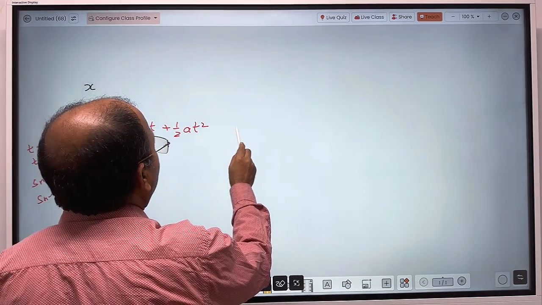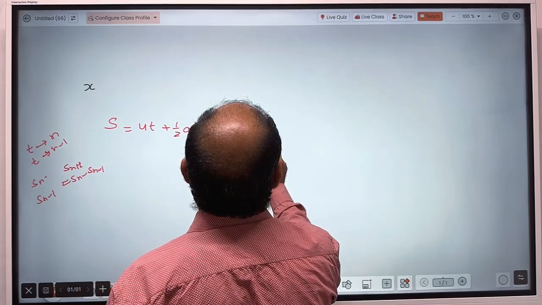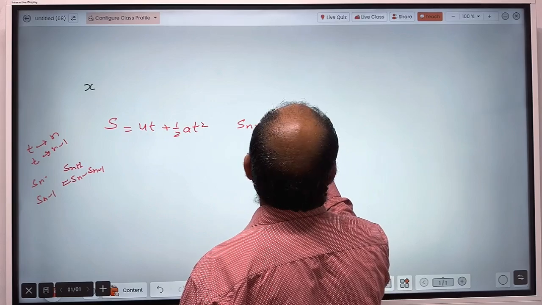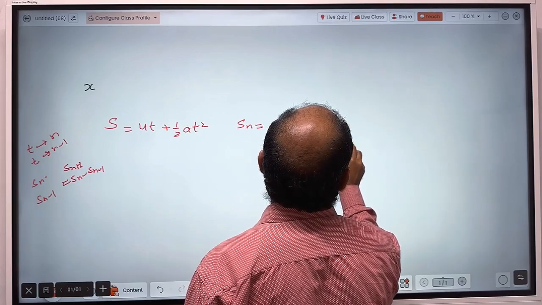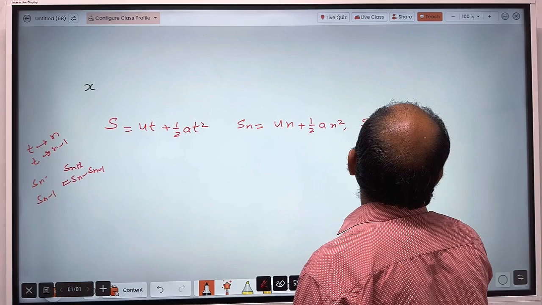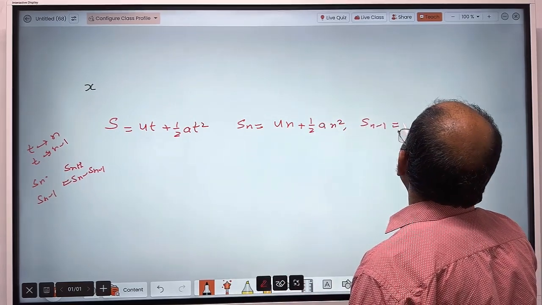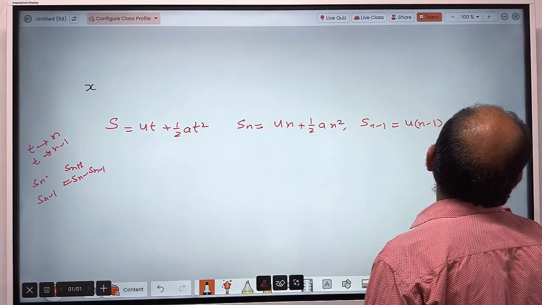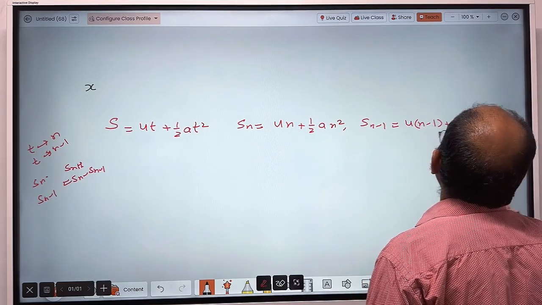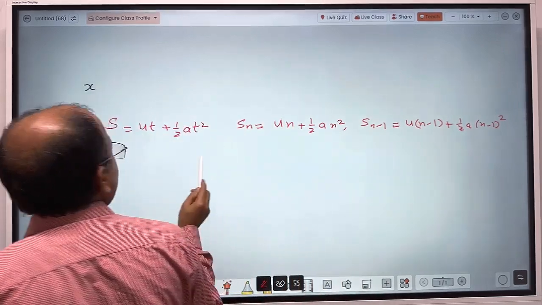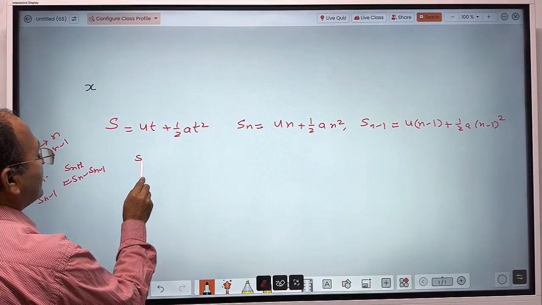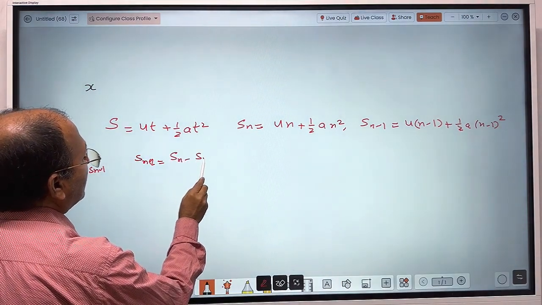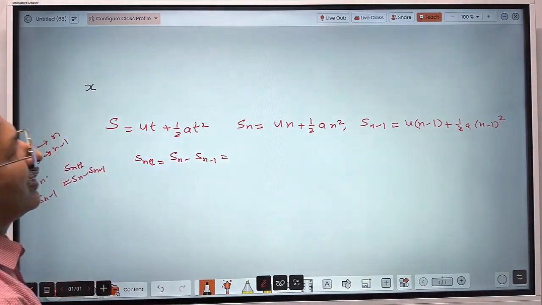So let's write it as Sn. So in place of t, we are going to write n. So un plus half an square, and Sn minus 1, when t is replaced by n minus 1, we get u into n minus 1 plus half a into n minus 1 square. Now Snth, distance traveled in nth second, which is the difference of these two? So Sn minus Sn minus 1, and that gives,